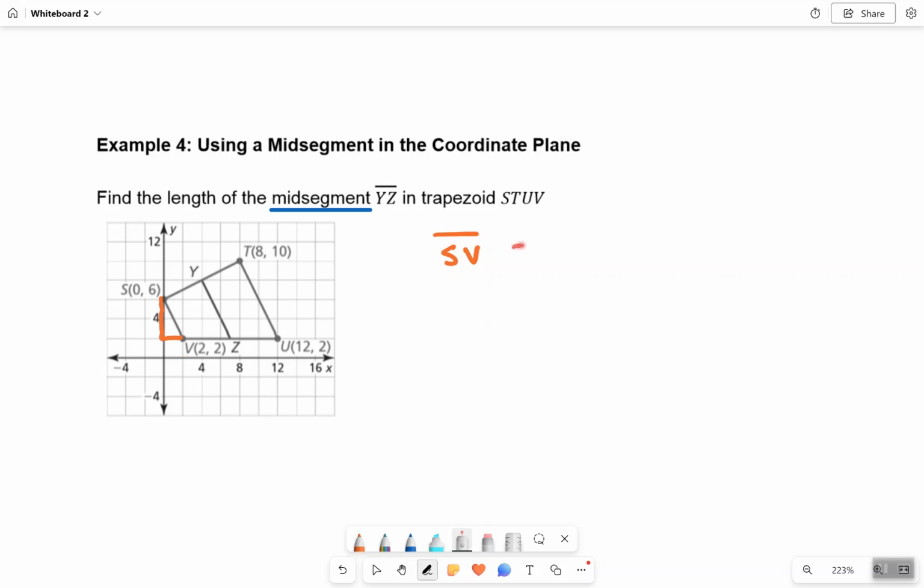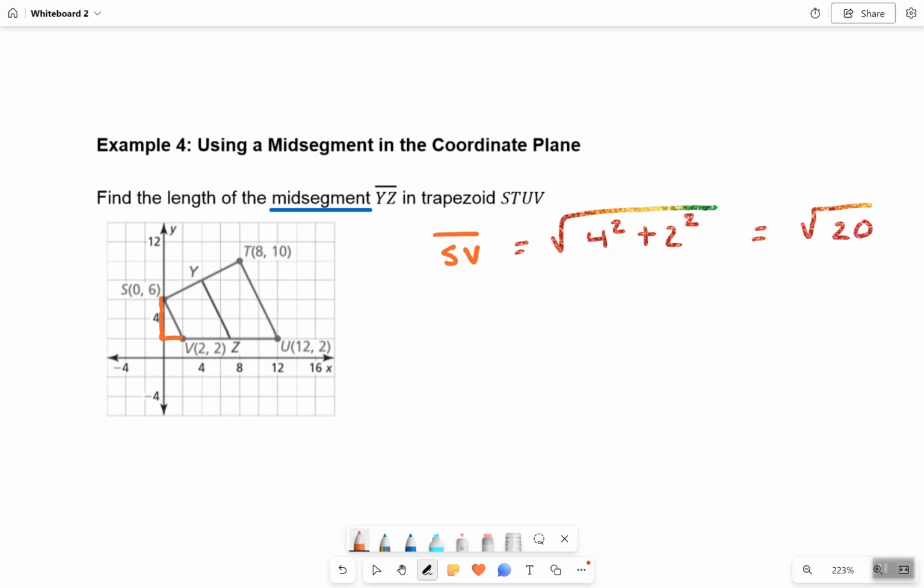So SV is going to equal, can I say, the square root of 4 squared plus 2 squared? Is that okay? You guys good with that? Okay. So help me out, kids. That'll equal the square root of what? Then we also need to find the length from